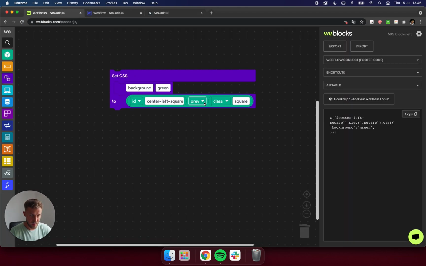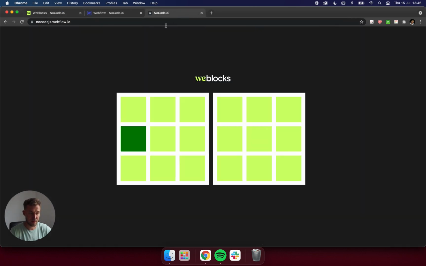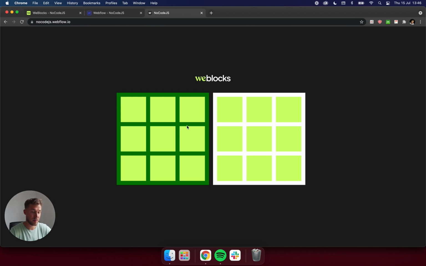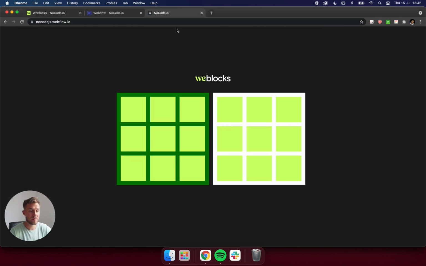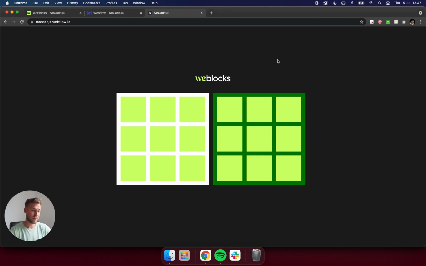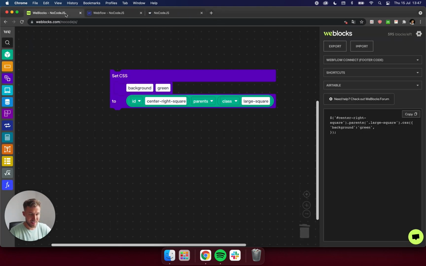Okay, and the last, parent. Let's find the parent with the class large square of the center left square. Okay, and of course, the parent is this element. If I would like to find the parent of center right square, this will be, of course, this element. So this is everything about the element,